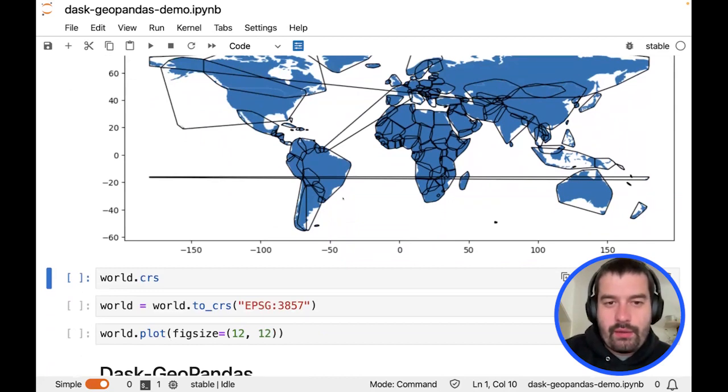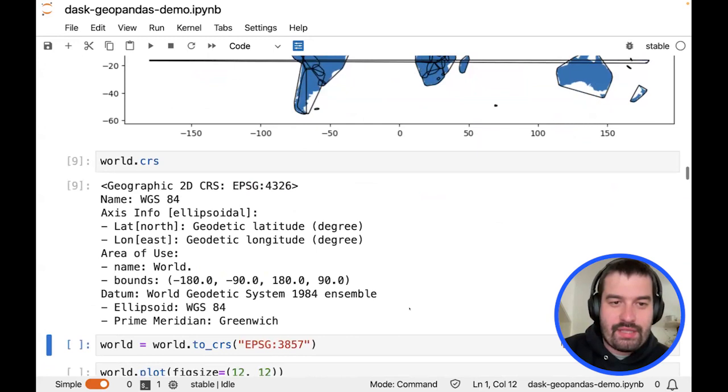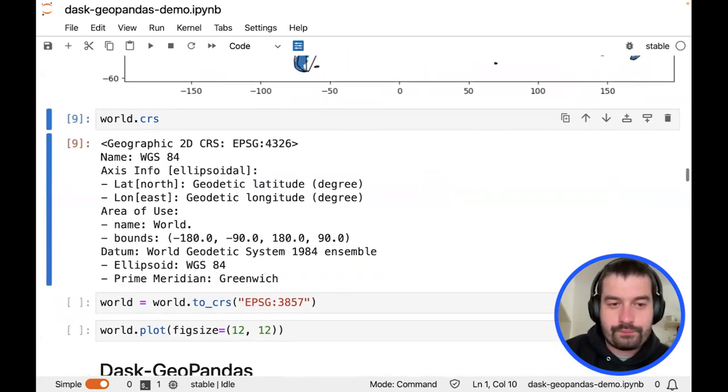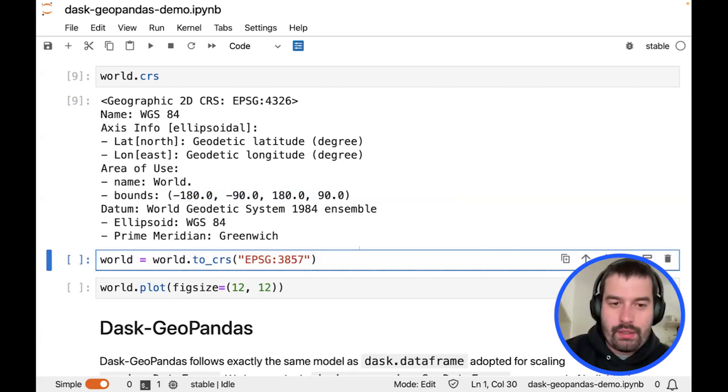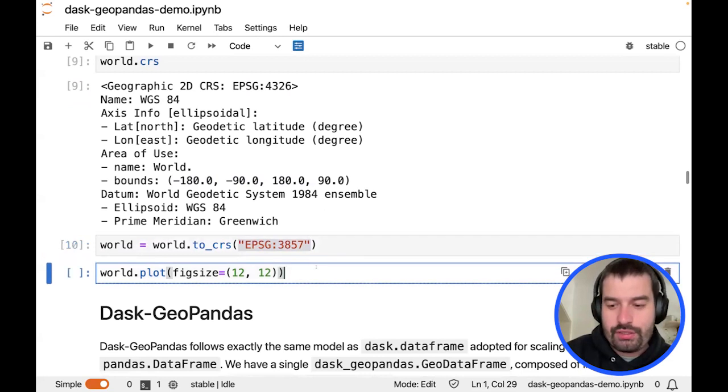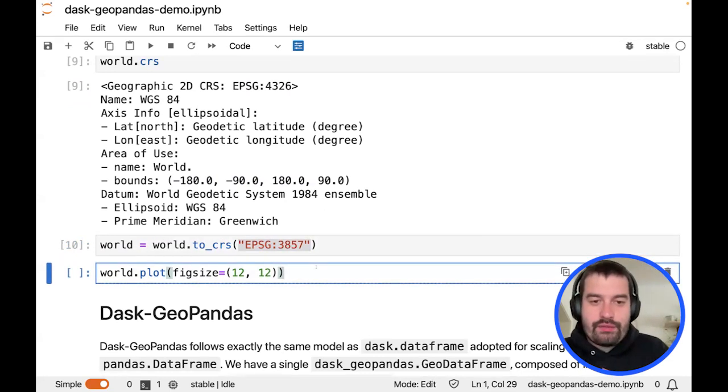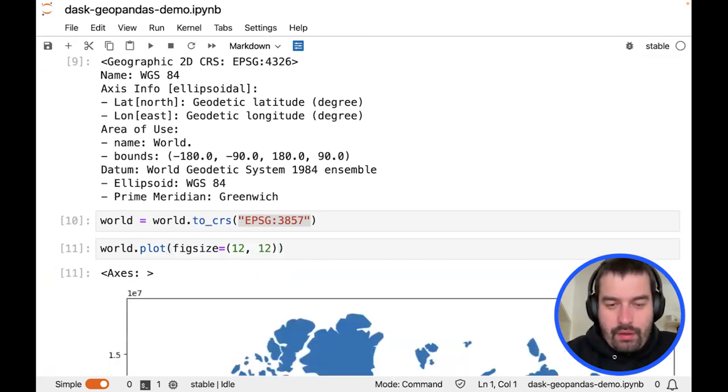I mentioned that we are dealing with projections, knowing where on Earth these points actually are. There's a property for that with some information. This is actually a PyProj object, and in this case, we know that we are dealing with coordinates in degrees, latitude and longitude, covering the whole world. But we can also reproject it to different ones. This is the EPSG code for the web Mercator projection, the one you are very used to seeing on Google Maps or other map